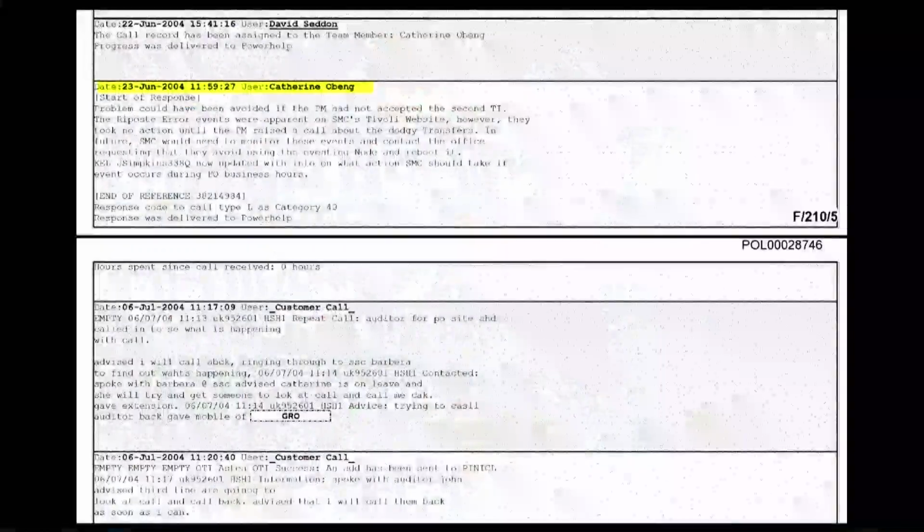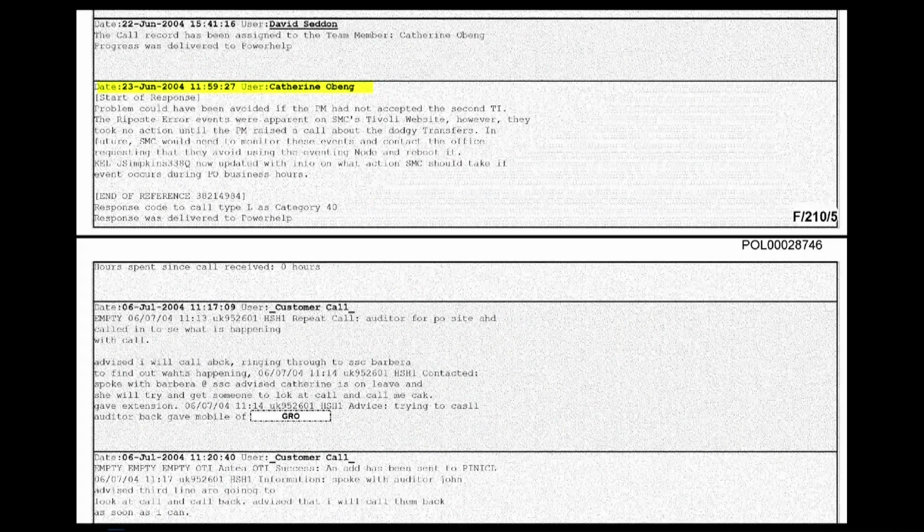It appears to be accepted that there's a problem with Riposte failing appropriately to pick up the transactions. We've seen so far the possibility of a fix by Isha has been raised. And here Ms. Obeng is suggesting that this could have all been avoided if the postmaster hadn't accepted the second transaction. That is strictly true, but unhelpful in that the postmaster was prompted to accept it and did so. So I certainly would not say it was in any way his fault, because it was not.